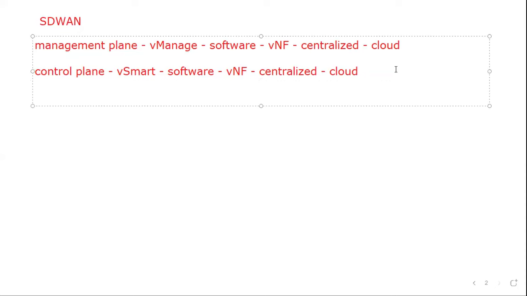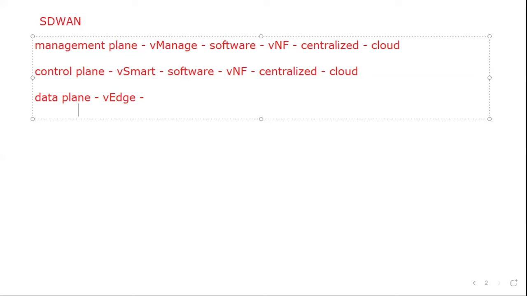Similarly, yesterday I told you about the other plane, that is the data plane. Here in this solution, they have started calling it vEdge, and it is available in both forms.